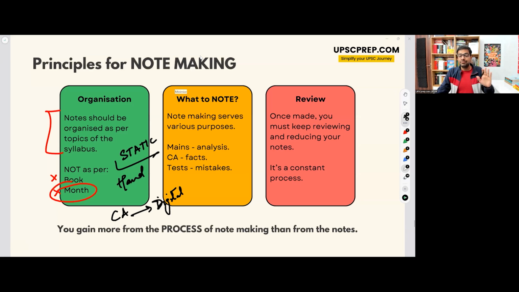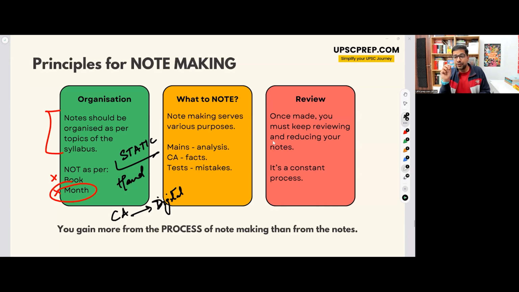It is by no means ki bhaiya, you cannot make handwritten notes for current affairs. You can make them. It will just get slightly more messy. You might have to add some pages here and there, or you can just leave extra pages in the middle. That is something for you to figure out. Both of those ideas work. I hope that makes sense. Keep it static. Why am I saying handwritten? And current affairs, why am I saying prefer digital? You can just make them either way. I hope that makes sense.